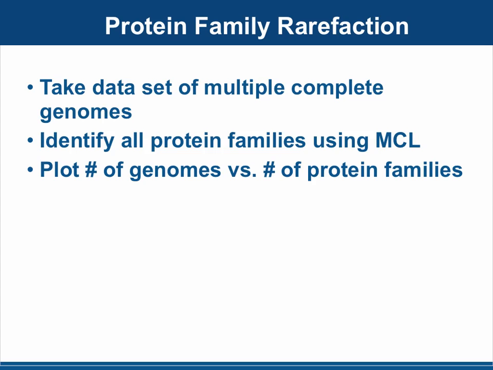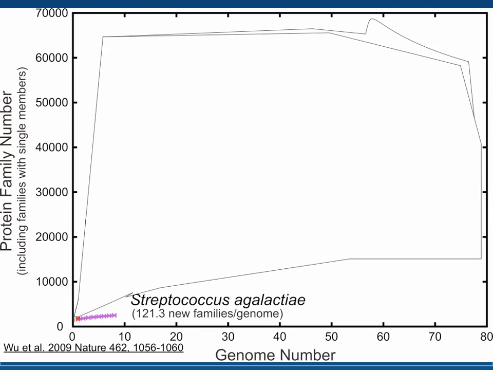And then we analyzed subsets of those genomes and asked, when we take genome number 1 and then genome number 2, how many new protein families show up in genome number 2 compared to genome number 1? How many new protein families show up in genome number 3 compared to genomes 2 and 1? It's basically a simple rarefaction curve. And we did this for different genome data sets. The first data set we did this for was Streptococcus agalactiae,